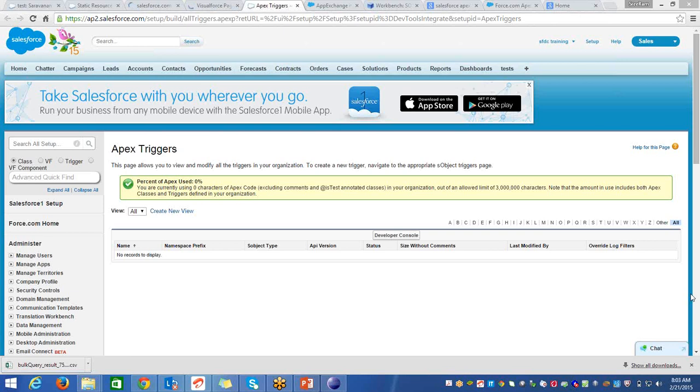So after the course, I'm confident enough that in a technical meeting, you won't keep a blank face saying, okay, I don't know this stuff, I don't know what this term means. And if they give you a task, you'll be thinking whether you can do it with point and click functionality or you have to go with a customization. That, I can assure you, you'll be well versed with after the